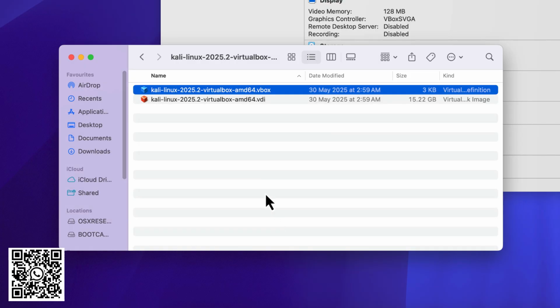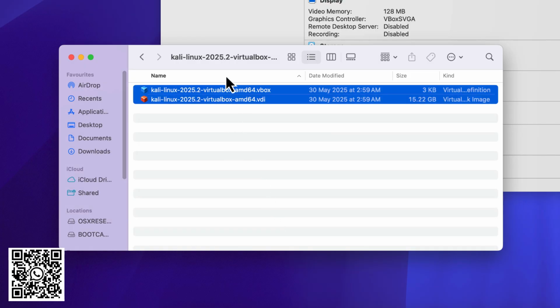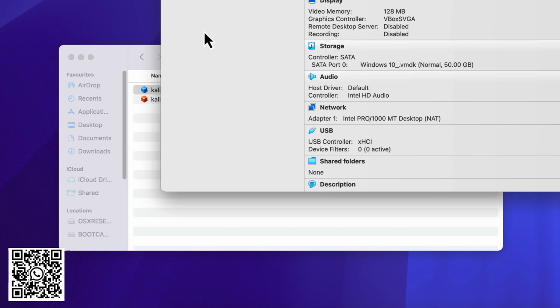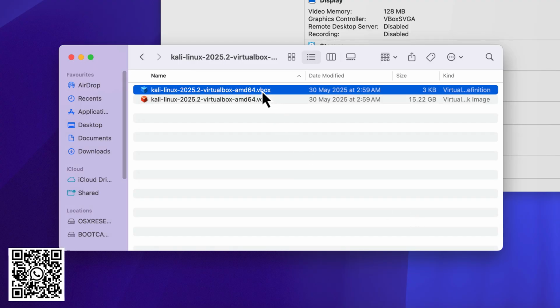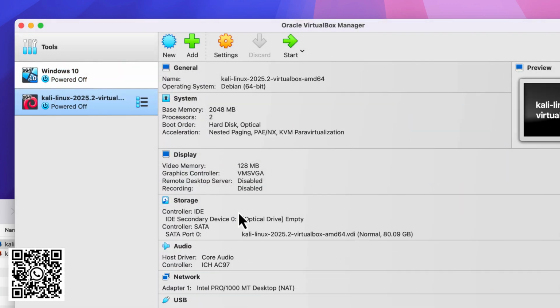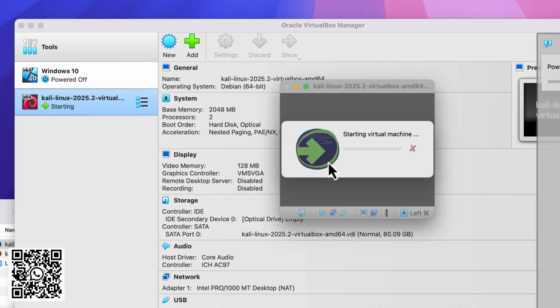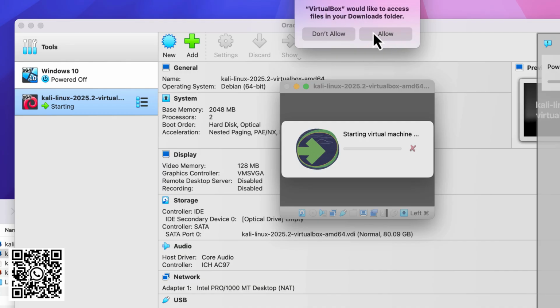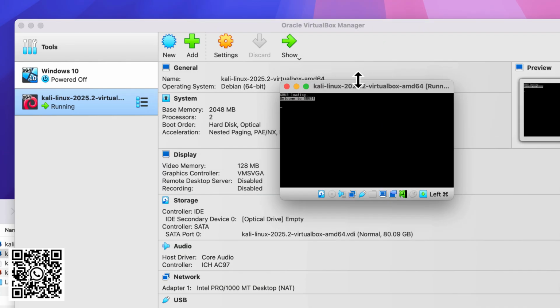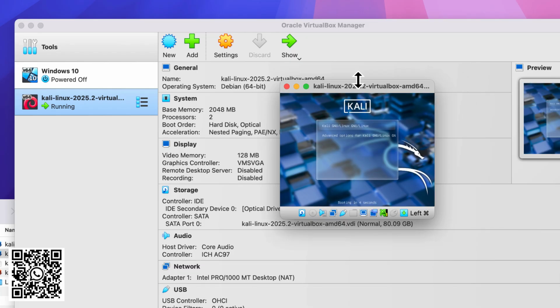There are two options to restore the machine. You can either double click on the VBox, it will automatically start the restoration, and that would be a simple option. But the other option is also simple, and to learn that, you need to go to VirtualBox and click on Add. This will allow you to add the machine. Just locate the VBox file and then click on Start. The second option will teach you how you can restore machines in VirtualBox, and once you start the machine, you will notice that Kali Linux is pre-installed on the VirtualBox machine.